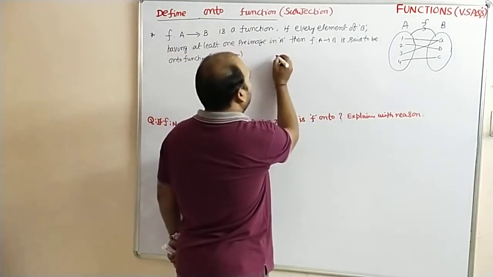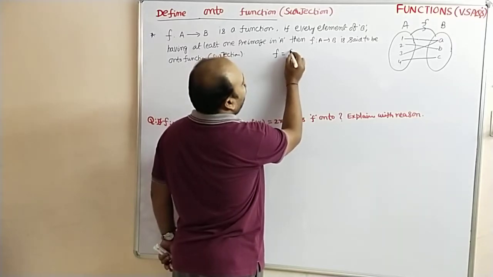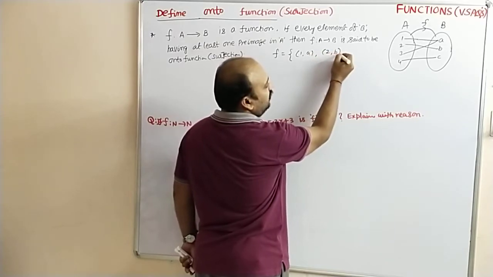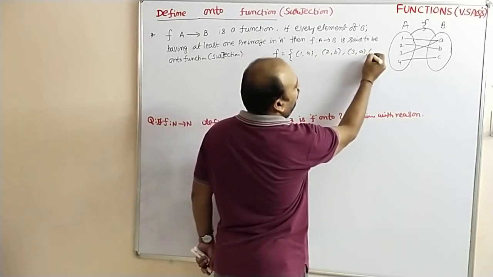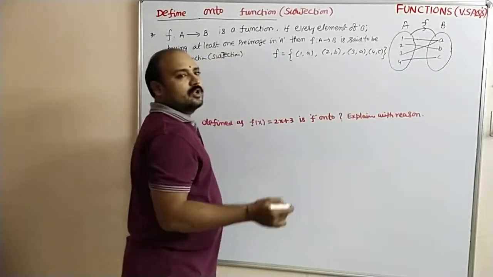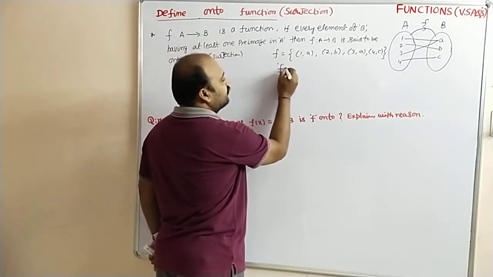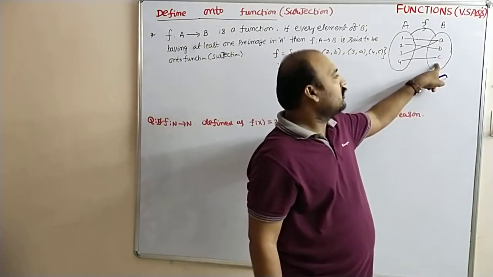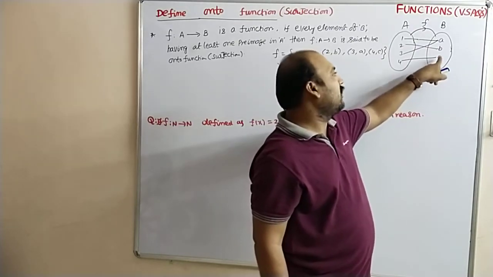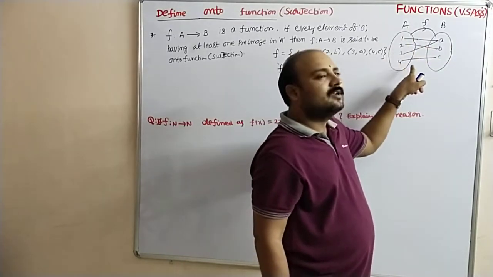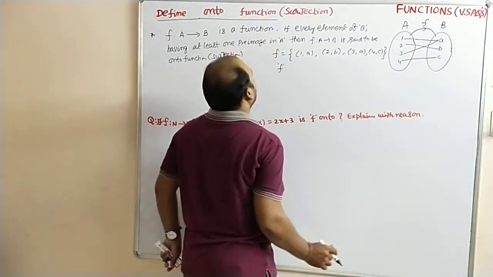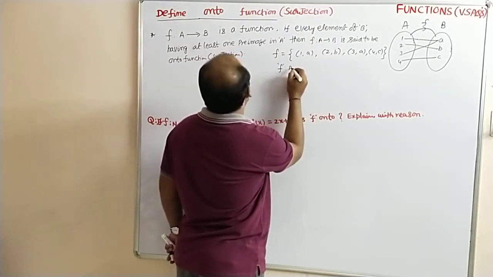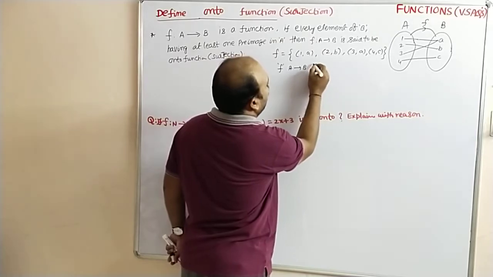You can write it like this also. So we can frame a function f = {(1, a), (2, b), (3, a), (4, c)}. So f is an onto function. Why? Because every element of B is covered. Here no element is remaining, no element is vacant. So every element has a pre-image in A. So the function f(A) = B. That is the meaning of this. f from A to B is an onto function.